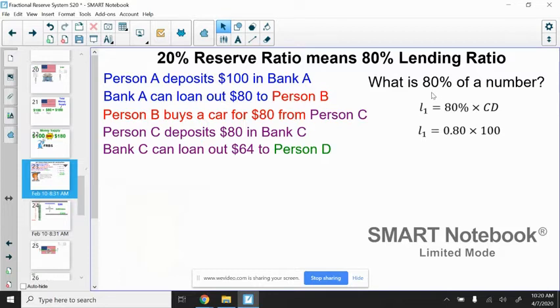Well, once again, we're back to here. So in this case, this particular loan, I'll call L sub 2. There's the lending ratio, which is dictated by the reserve ratio, times the checkable deposit. In this case, this is person C, who deposited $80 in their particular bank. So notice I'm now working through a single bank into multiple banks in the banking system.